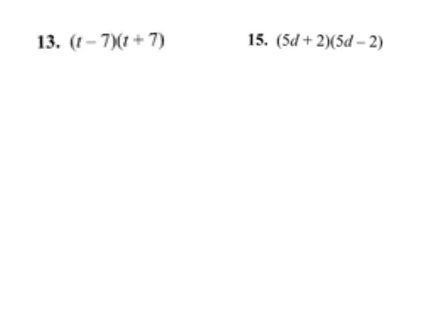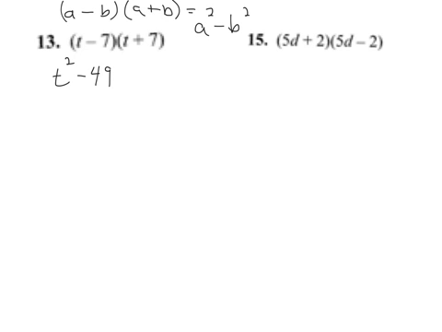Number 13, this is one where we can use the special products if we can remember to do it. The special products rule is telling us that if we have (a minus b) times (a plus b), what we can do is just change that into a squared minus b squared. So in this case, t squared would be t squared minus 49. So there's my answer if I use